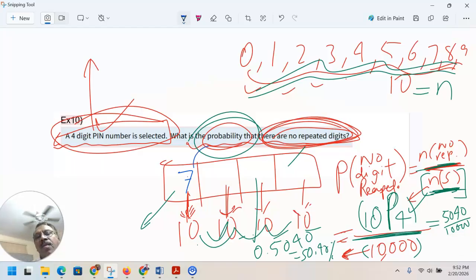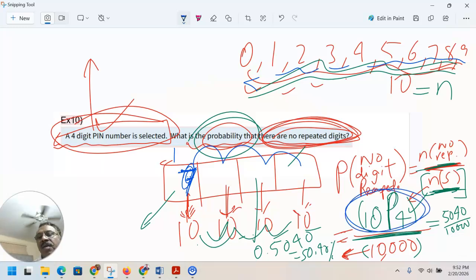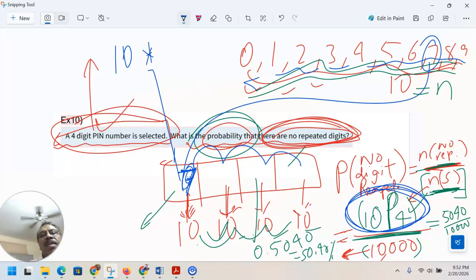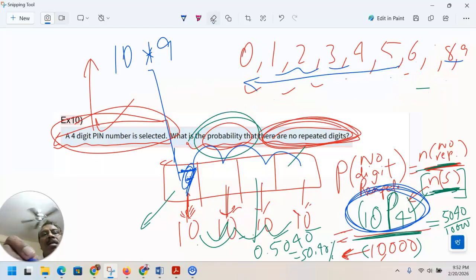Now this 7 cannot be repeated here. Of course, it could be any of these 10 of them, right? So the first could be any of these 10. When you talk about this, what it means is the first can be any of the 10 positions. Once one of them, the 7, is gone here, there will be 9 remaining. So this is gone. And then after that,